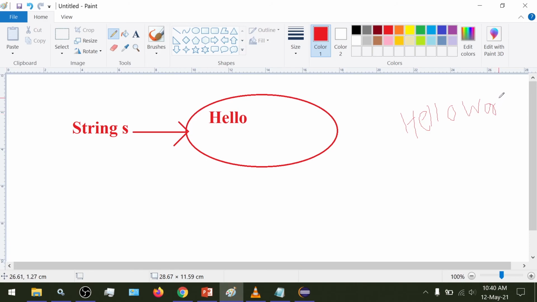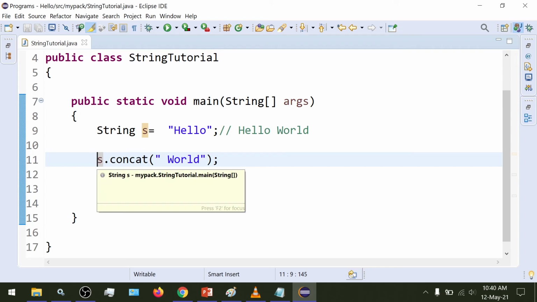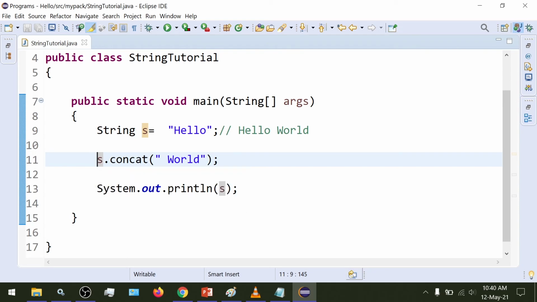This operation happens correctly, but since string objects are immutable, s.concat is returned as a new object by the JVM. Since there is no variable pointing to this newly returned string object, it automatically goes for garbage collection, and the string s stays just as it was.